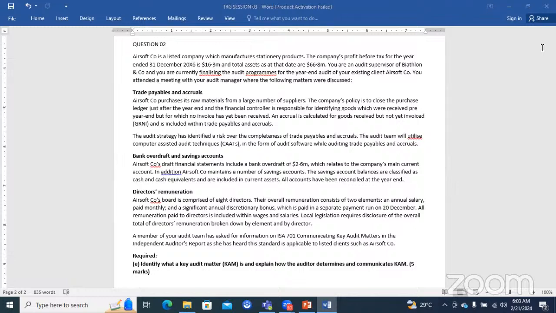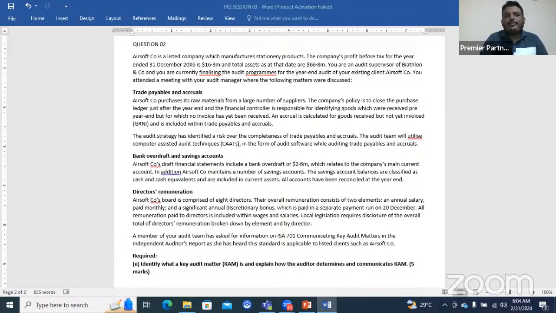Anyone who typed the answer? Students, to do this question fully, you should read the technical article published by ACCA. Please type your answers. I just want to see to what extent you can draft your answers, especially standard